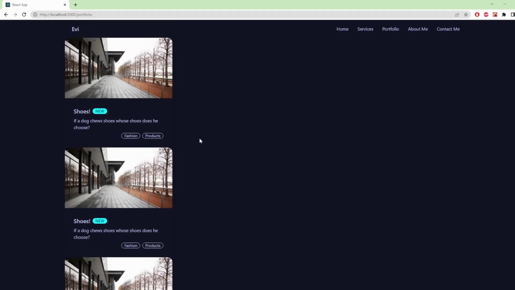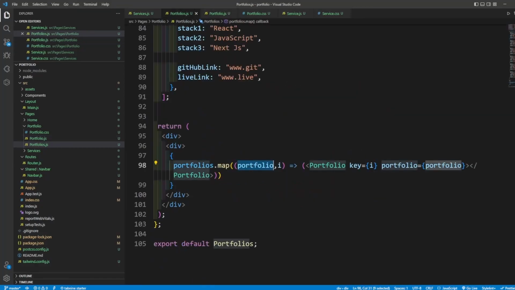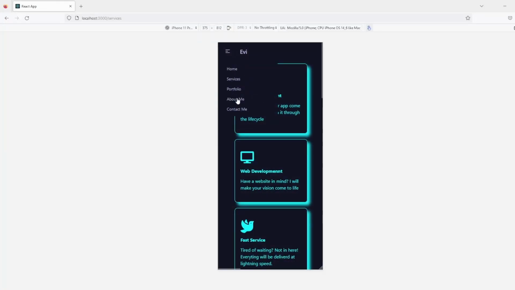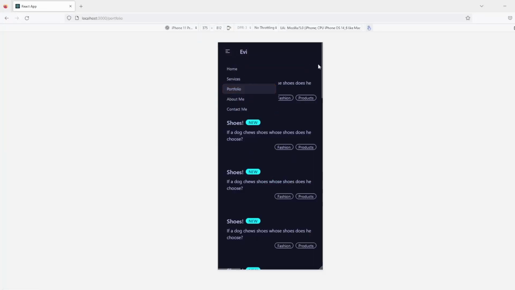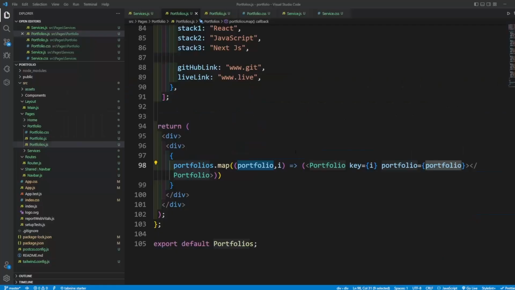Okay, there are 6 data. I thought there were more data, so I was confused. So let's see how it looks in the mobile version. See, in the mobile version, it does not look good. So we are going to fix this thing first. To do that, we are going to say,